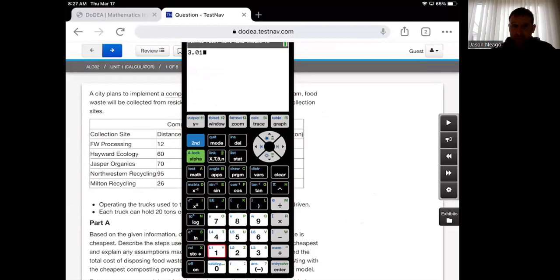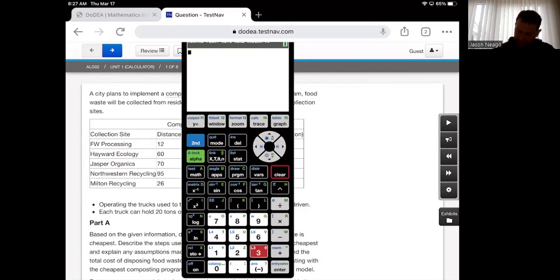All right, so doing that on the next page, I'm going to have 3.01. Now this is where it gets important. There's an actual button for scientific notation. The scientific notation button is the EE button. It's where the comma is, and it's above the number 7 button on the calculator. So when I'm typing in scientific notation, watch my keystrokes. I'm going to type in 3.01, and then I'm going to hit the second function, and then the EE button. And notice that I have an E. That E represents times 10, and the exponent for my scientific notation was 22. So once again, if I'm writing 3.01 times 10 to the 22nd in scientific notation using my calculator, I'm going to type in